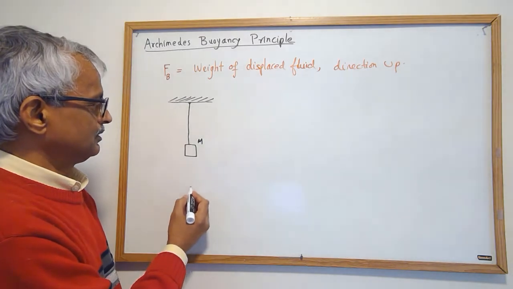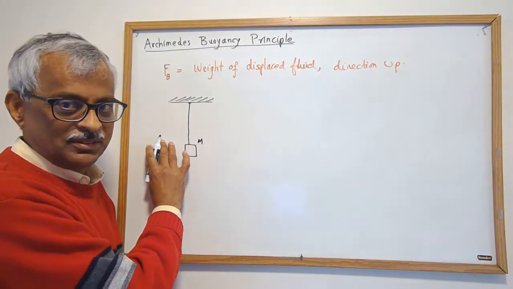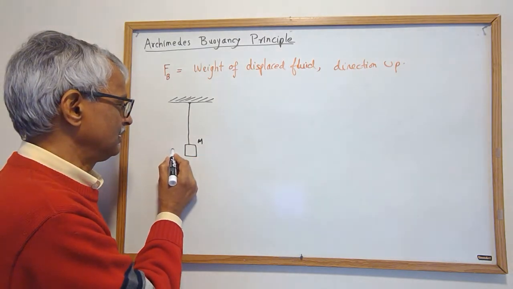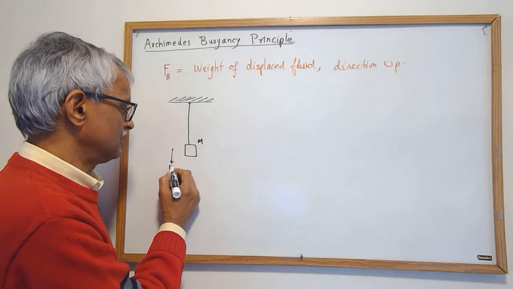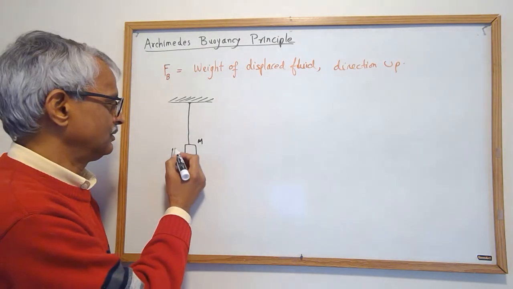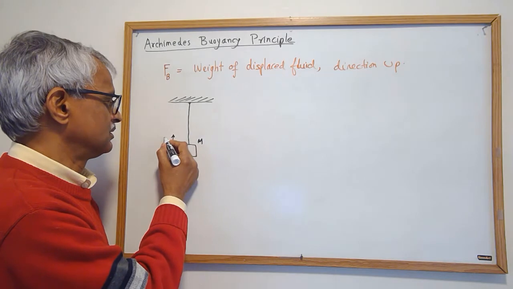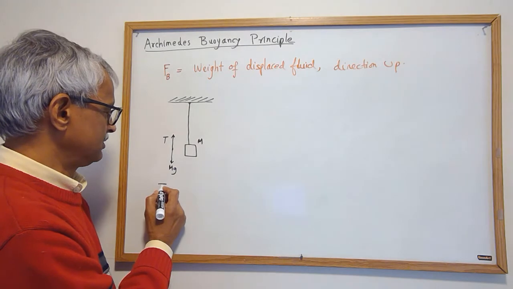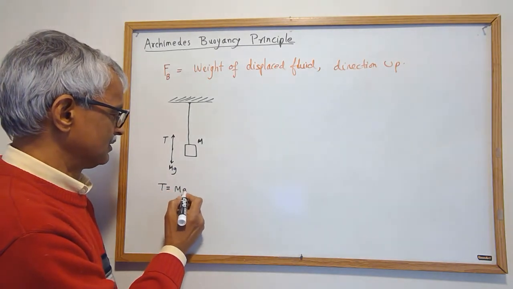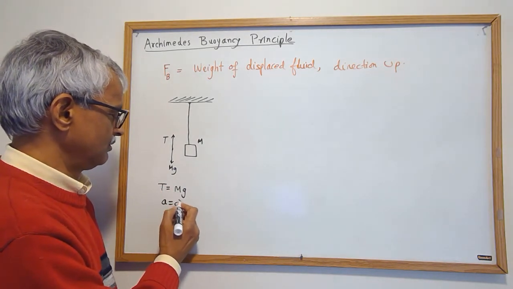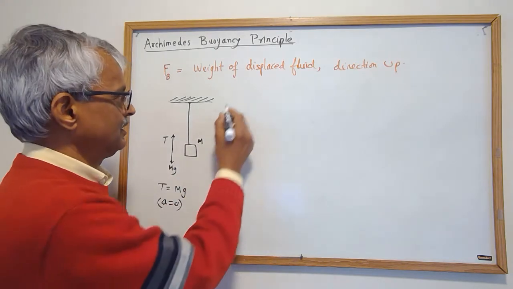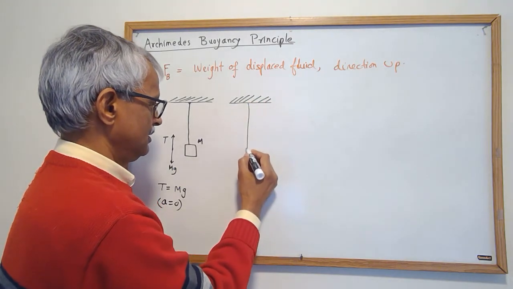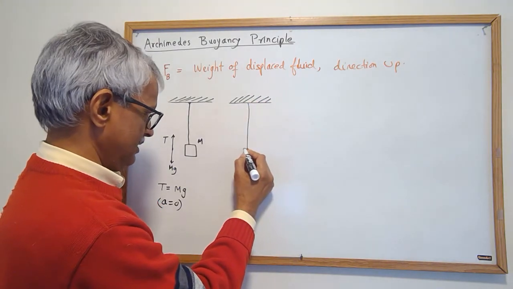Right now, if you look at the forces on the block, you're going to have the weight of the block and the tension force in the string. So the tension will simply be mg, since the acceleration is 0, right? Now let's see, we bring a fluid while the block is hanging there,